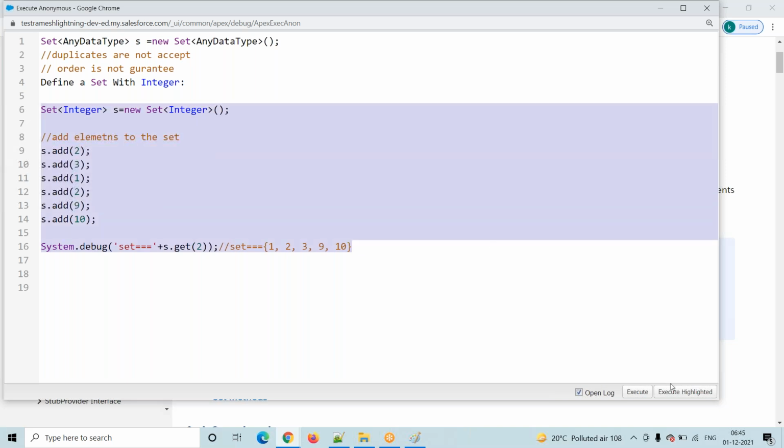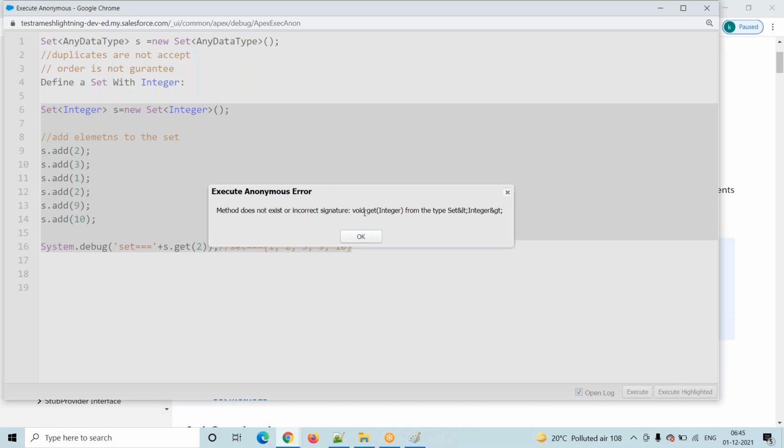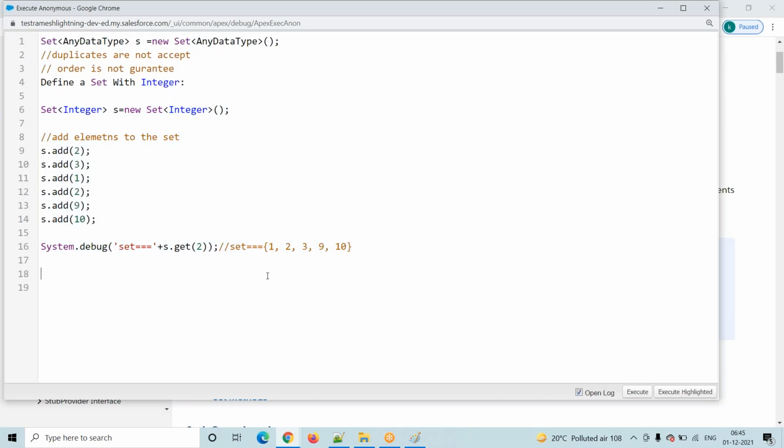We will execute this. See, there is no get method here. Get method is not there because it is indexed; there is no index based access in a set. First of all, there is no index. But how will it store?